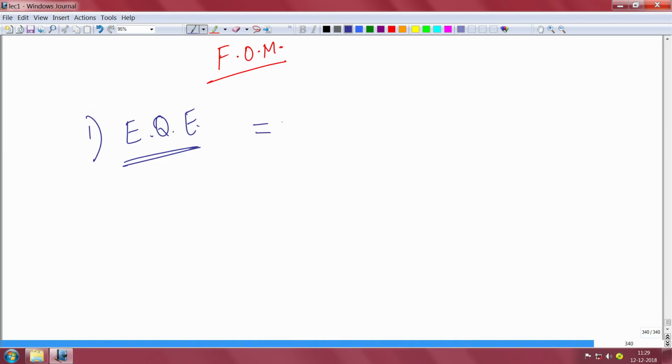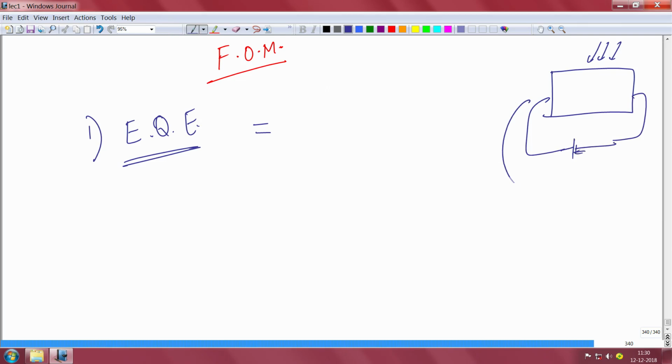External quantum efficiency is essentially this: whatever photodetector you have, PN junction or non-PN junction, you are shining light and you are getting electricity. This electricity may be because of a bias voltage or because of an inbuilt field like a PN junction, it does not matter. The question is how many electron hole pairs you are getting out of the circuit per unit time, divided by how many photons you are shining per unit time.